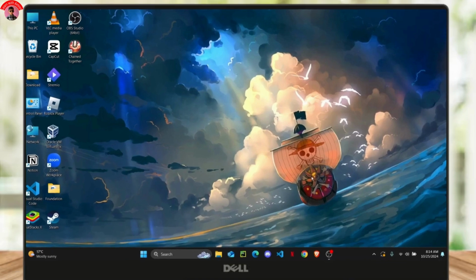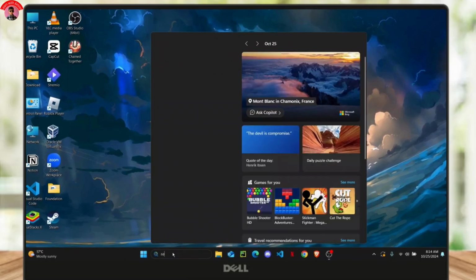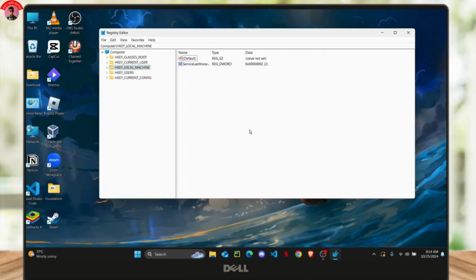So the first thing that you want to do is head over to your Registry Editor app. Just search for Registry Editor on your search bar and then click on Yes. Once your Registry Editor is open, before we go any further,